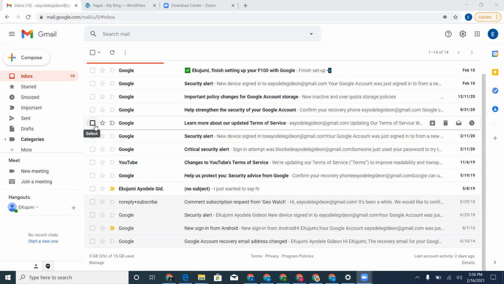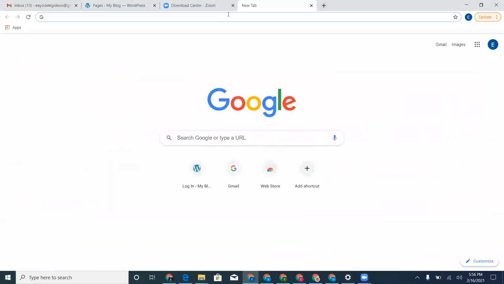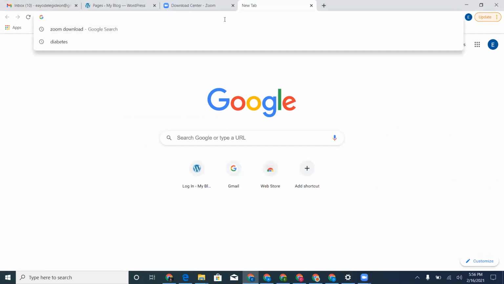And for you to set up a Google ad, you need a Google account. It's popularly called a Gmail account in our environment. So you need a Gmail account. The moment you get that Gmail account, very simple, just come to your browser. I'm using Chrome, and I would advise that you use Chrome too. So you just go to